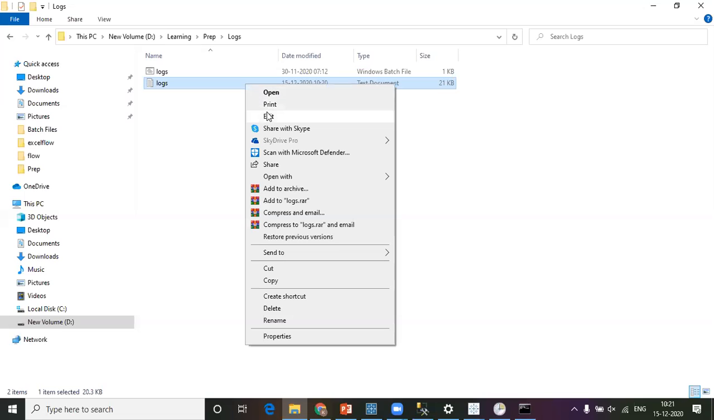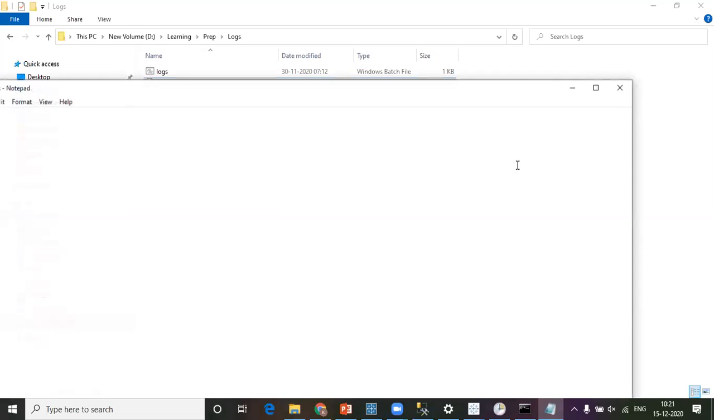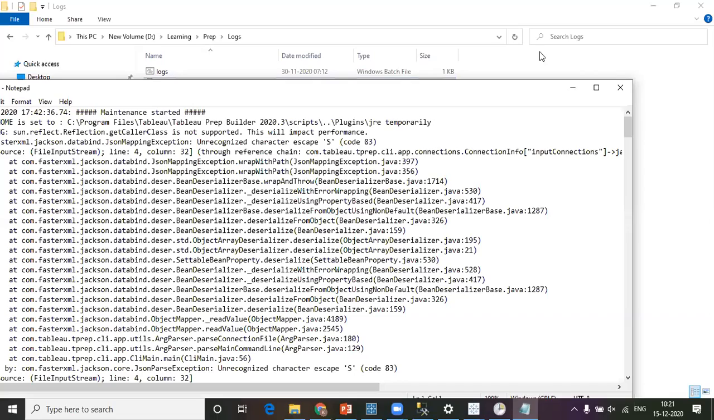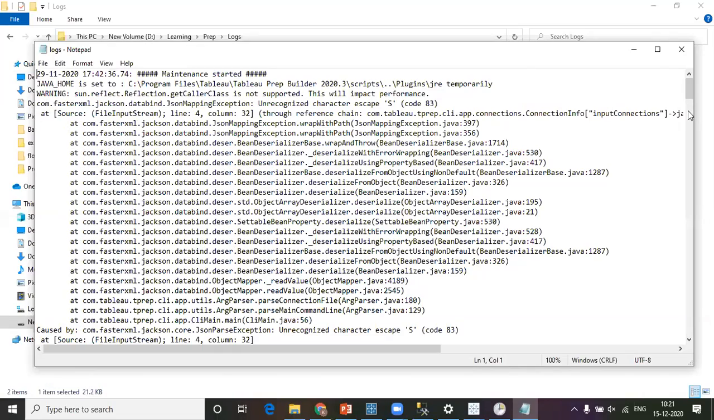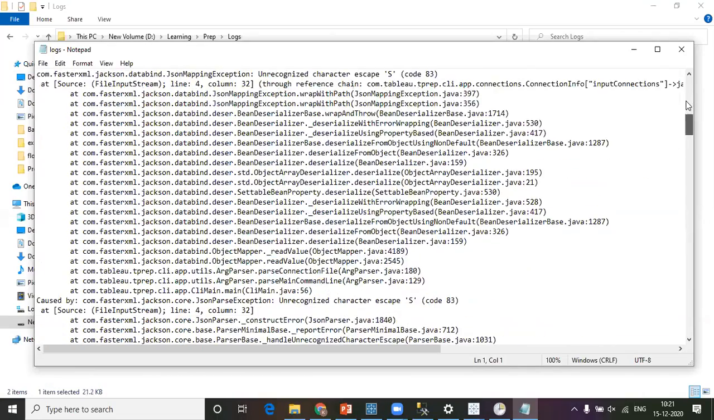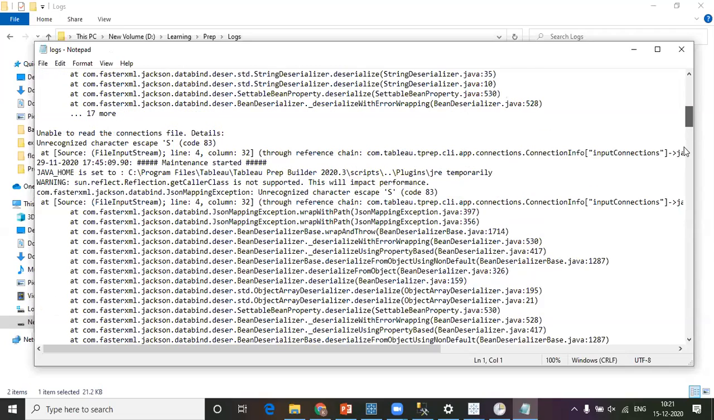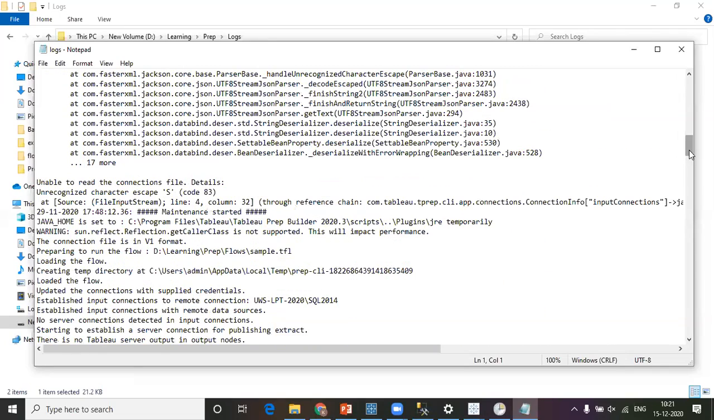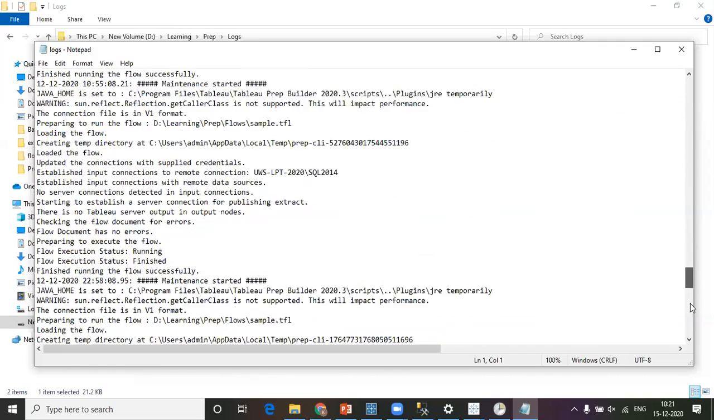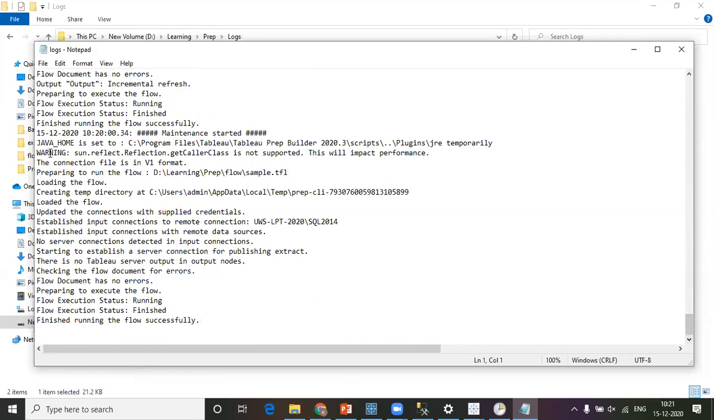So you can open this, because I've already run this many times. So it's pending because we have given two races over there. So you can see that it ran on 10:20,